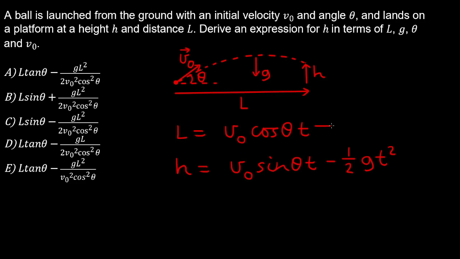And now if we solve this first equation for time t, we have t is equal to L on v0 cosine theta,